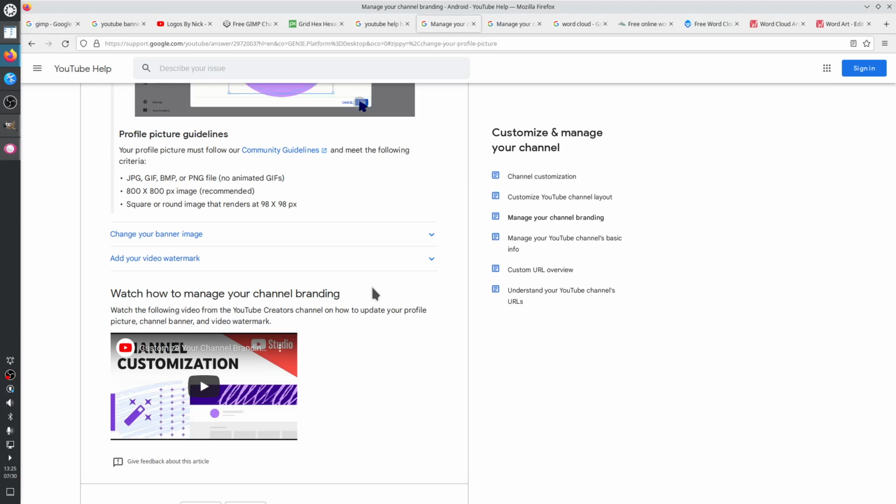So people will see a ton of details on their TV screens, but with a resolution of 800 by 800 pixels for your image. But then on mobile phones, things will be scaled down to 98 by 98 pixels, so it needs to look correct. And not only there, when your channel is embedded, so when your YouTube video is embedded,